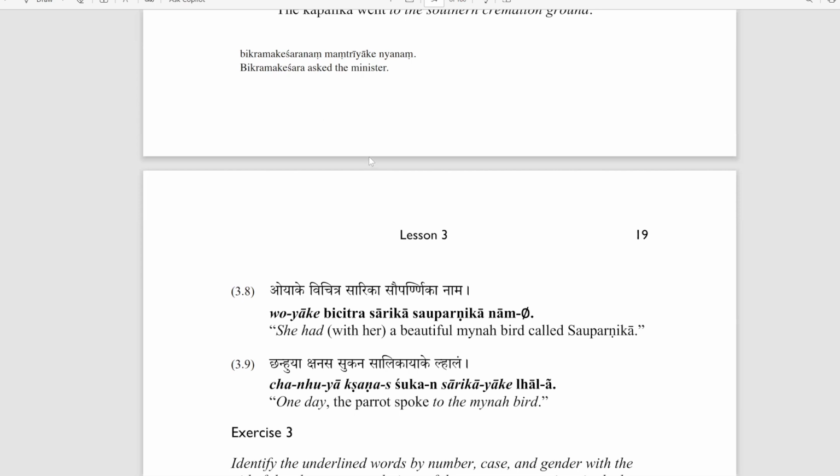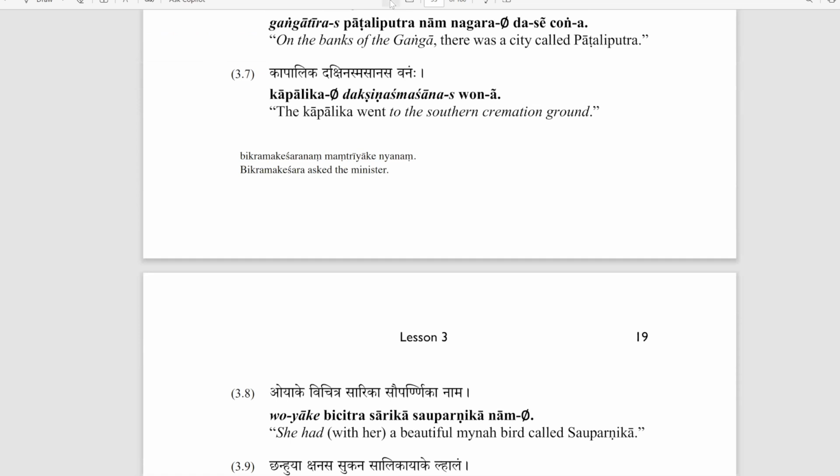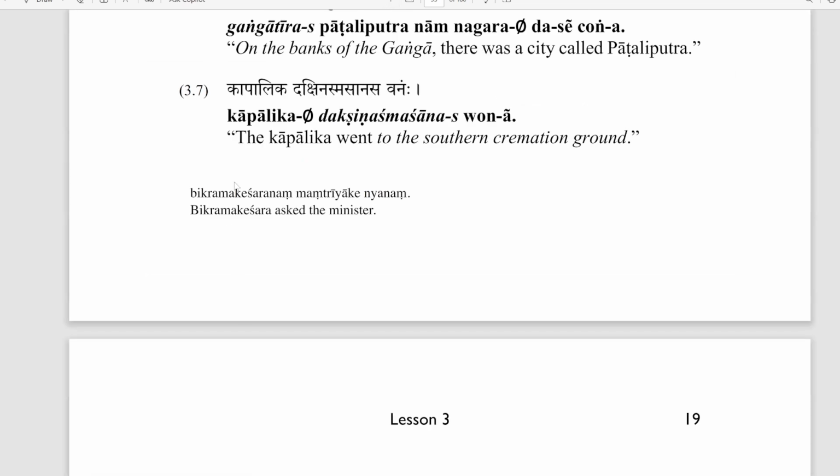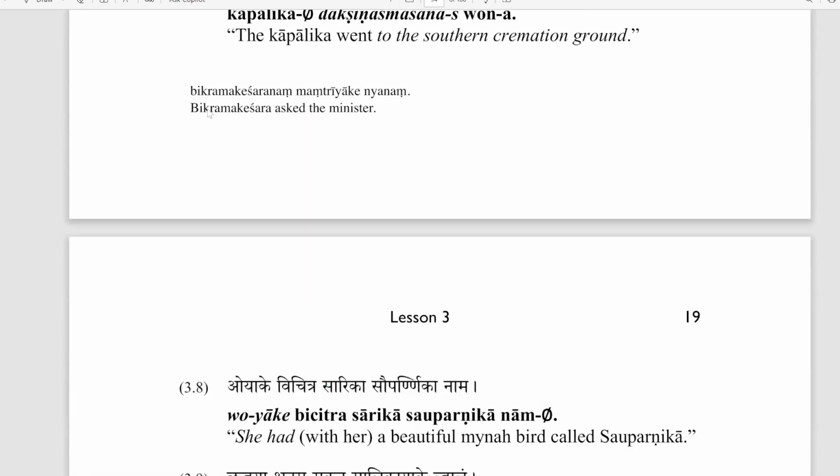Is it big enough? Oops, it's getting really big. So this one,